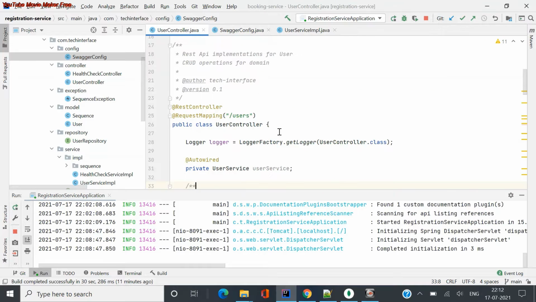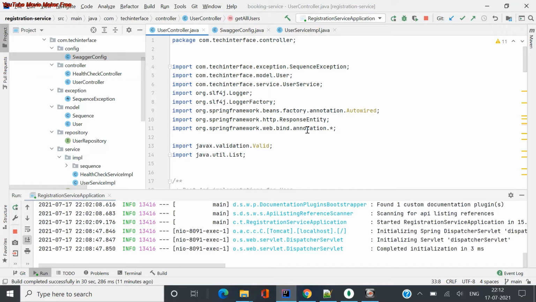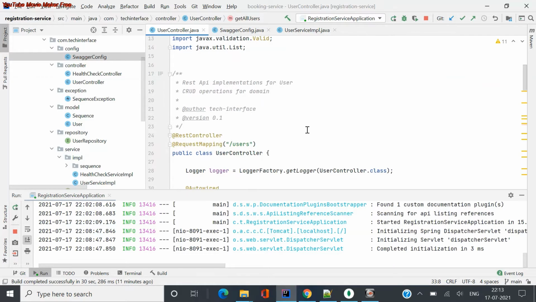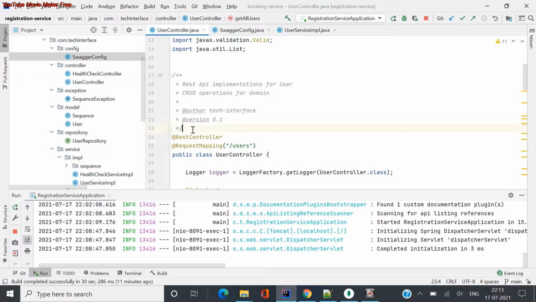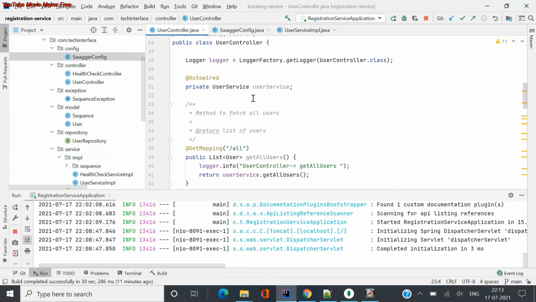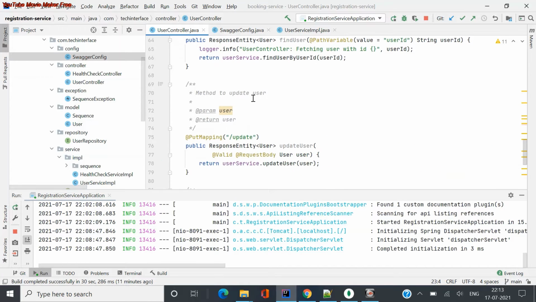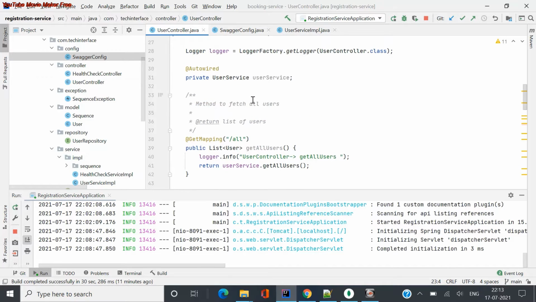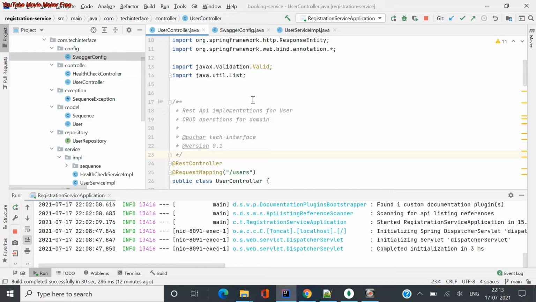Next, when you're writing any of the controllers, let's assume you are writing a controller related to user actions or CRUD operations for user. The first and foremost thing is to have the Javadoc generated, with single-line or multi-line comments. These comments are very important to understand what type of class it is and what it does exactly. You just need to add Javadoc comments for each and every method you write. That is a really good practice, and it gives high-level information about what the method does.